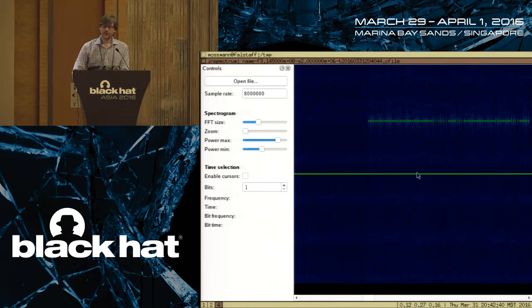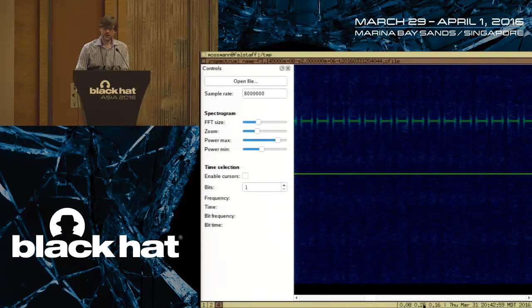So here, this center frequency, this green line, is 314.5 megahertz. That's what I was tuned to. And up here is 314.98 megahertz, where we detected this. And I can zoom in on this a little bit, kind of horizontally zoom, and you can see that this event is made up of